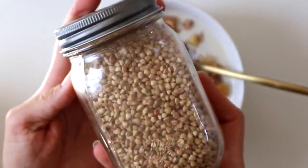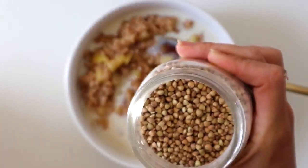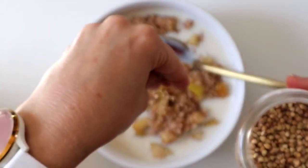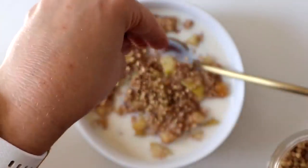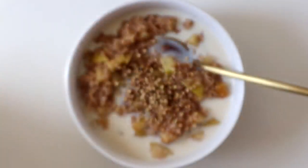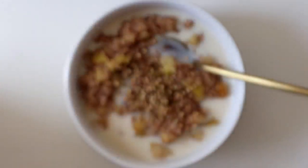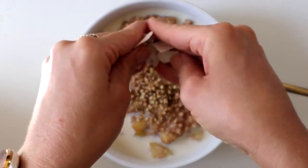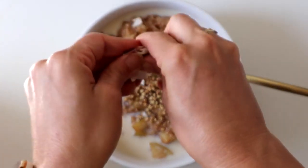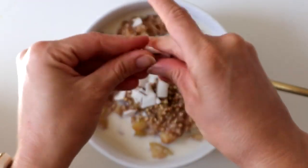Then I'm going to add some raw buckwheat. I really like raw buckwheat because it's nice and crunchy, and it just gives it more of a muesli crunch. And then just a little bit of coconut. So you could really jazz this up any way that you want. You could add peanut butter on here if you really wanted to, or PB2 powder would be better